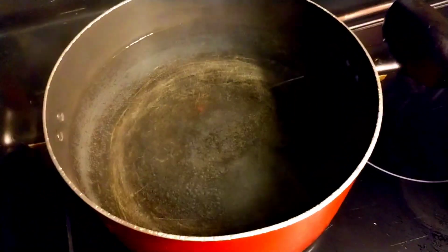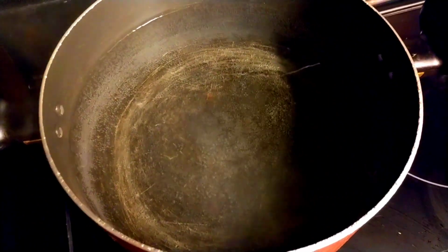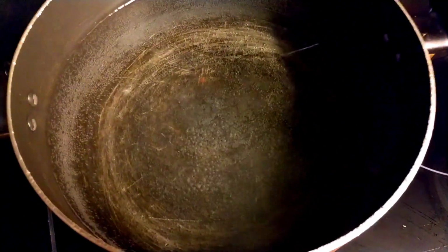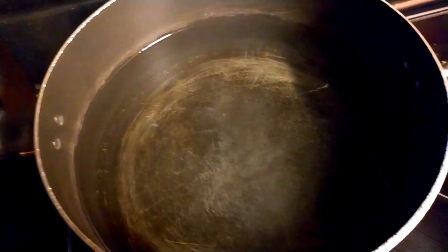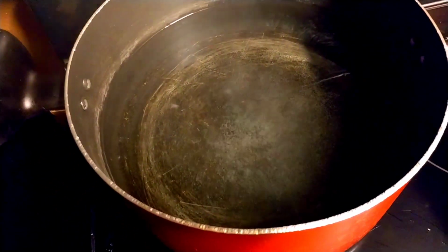Hey family, so I have a pot here and it has water and I'm waiting for it to start to boil. As you can see, she's almost there, but not yet. So I'm just waiting for it to boil for my next step. Guys, so that's where we're at. So I'm gonna put